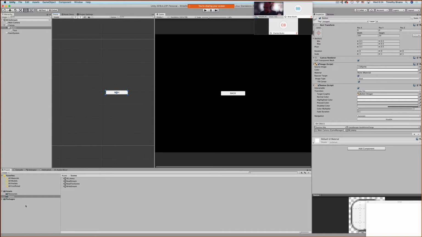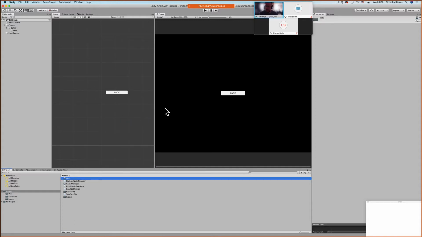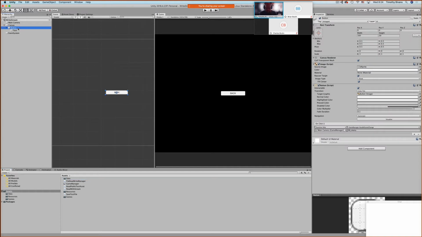Let's see. Oh, we need in the assets folder, we're going to create a data folder, if I can get my button to work. Data. All right, so actually, while I'm here, I'm going to name this back button. I need this in a lot of the other scenes anyway, so let's just, while we're here, save us some time, right? We'll just copy this button by Command C, right? And then go to the other scenes,